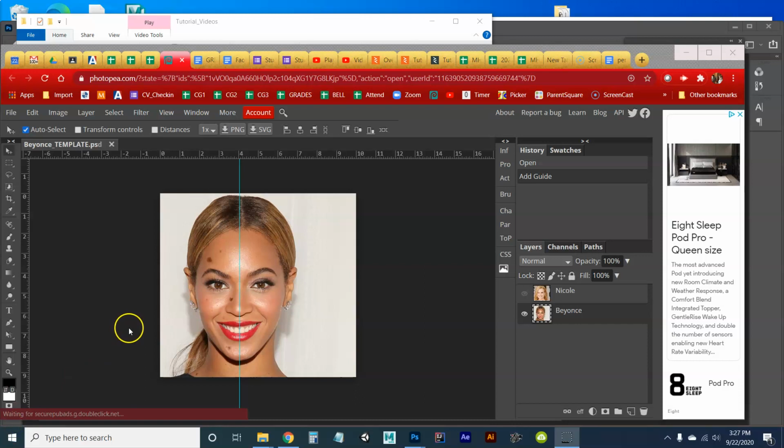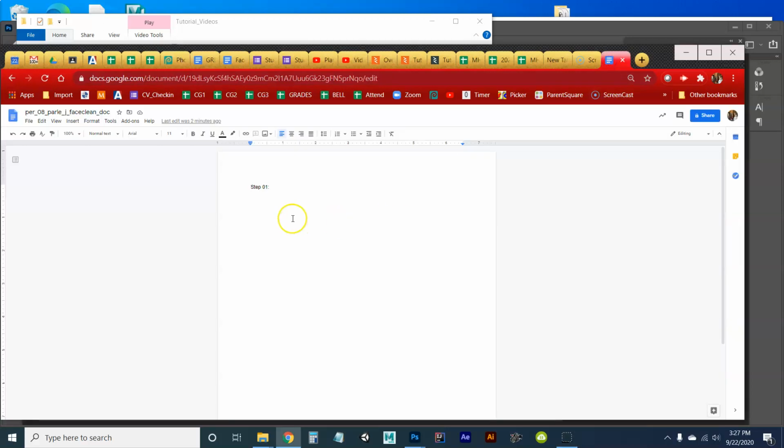Now, if I want to create a really good Google Doc, what I might do is just print screen here. You should all know how to print screen by now. And if you don't, you need to ask or Google it. Okay, Google's pretty powerful, pretty magical. So I just printed screen. If I go to my Google Doc that I'm keeping, I'm going to write, created a guide in the middle of